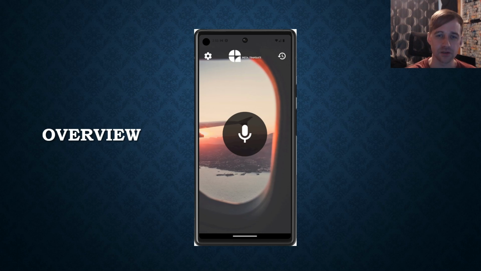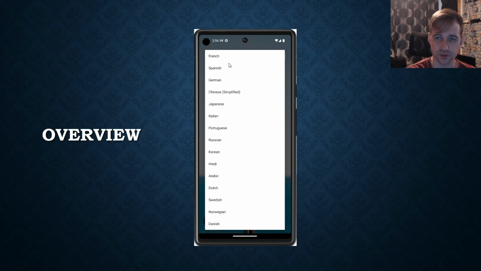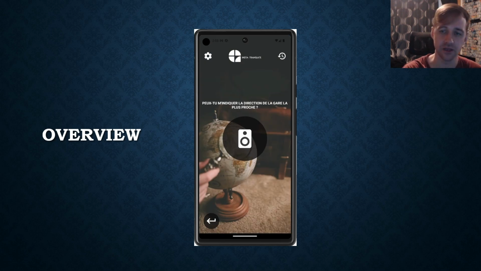Here is how it works. First we hit the speaker button and say we want to translate. Can you give me directions to the nearest train station? It's now showing what we said as text on the screen, and we have the option to change the language. I'm just going to leave it on French and hit the translate button. It now shows the translation as text, and if we hit the speaker button here,